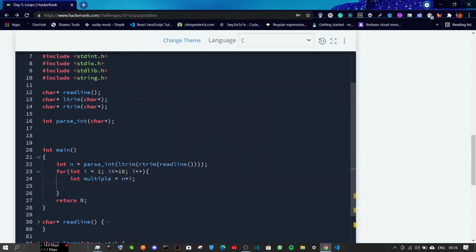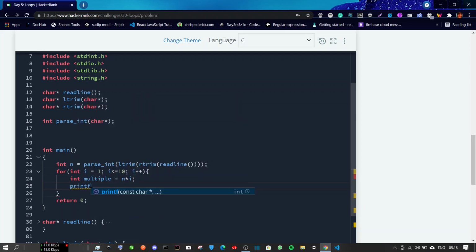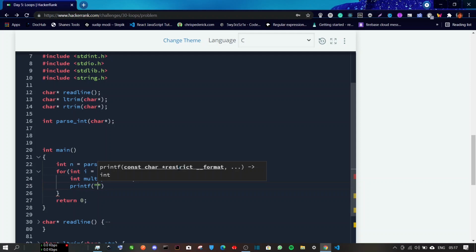Now we have to print the template. So we write printf. Printf is the function that is used to print something in C language, and inside this we'll need a string where we can replace the values of the number n, the number multiple, and the counter I. So it will look like this.